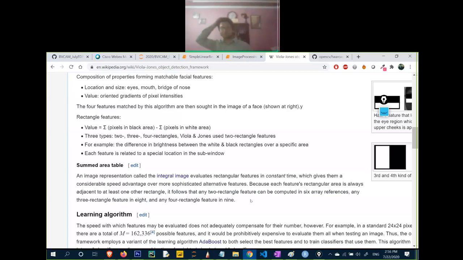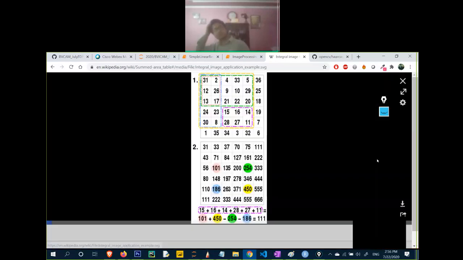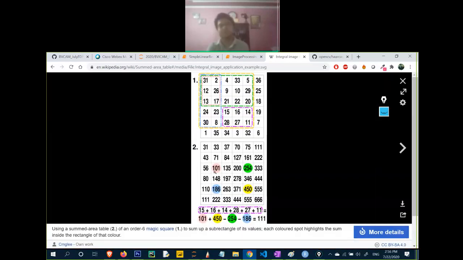By using a single rectangle in your integral image, we can easily pick any four values around the corners of a rectangle, use some maths, and finally get the outcome similar to the previous one.